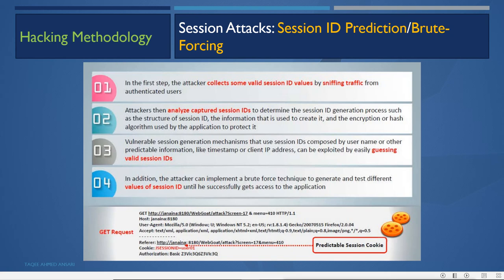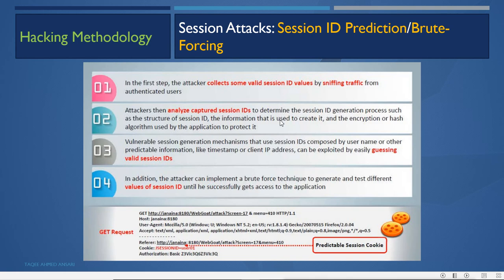In addition, the attacker can implement a brute force technique to generate and test different values of session ID until he successfully gets access to the application. So by doing this prediction or brute forcing of the session ID, the attacker can hijack the session of an authenticated user. The user has already authenticated, so the attacker doesn't need to authenticate himself; he can try to hijack the already running session by predicting these session IDs.